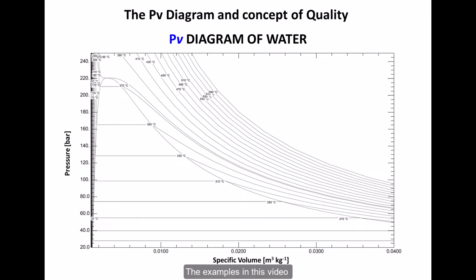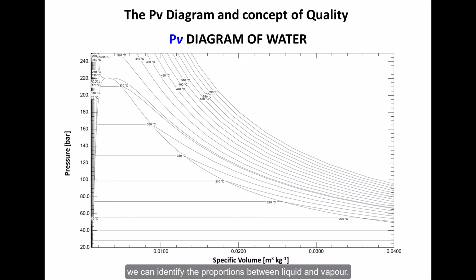The examples in this video are designed to give a more practical understanding of the PV diagram and the quality in particular. The video starts with a short overview of the PV diagram to visualize the fluid aspect in specific zones of the PV diagram. Then the video moves the focus to the two-phase zone, where through the quality we can identify the proportions between